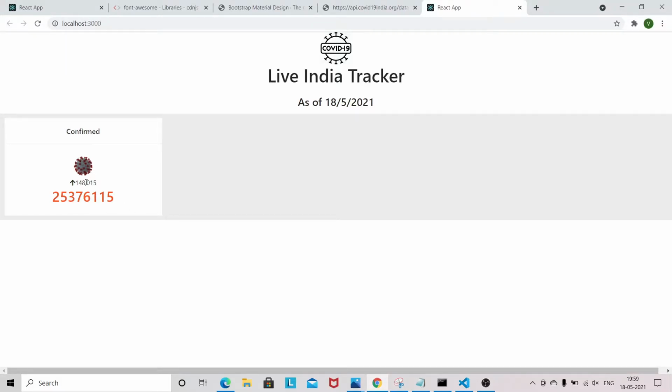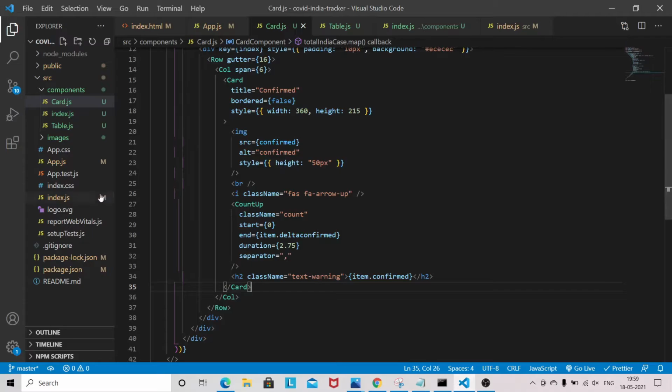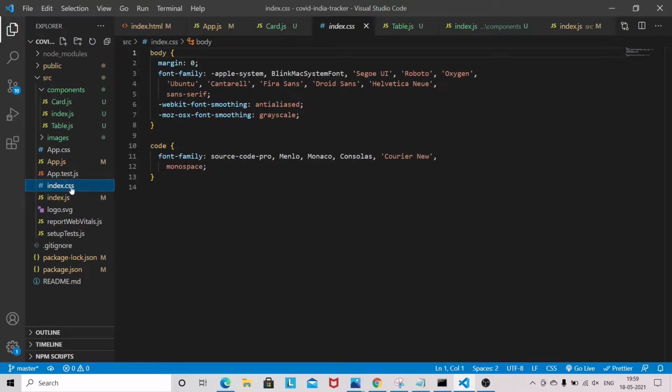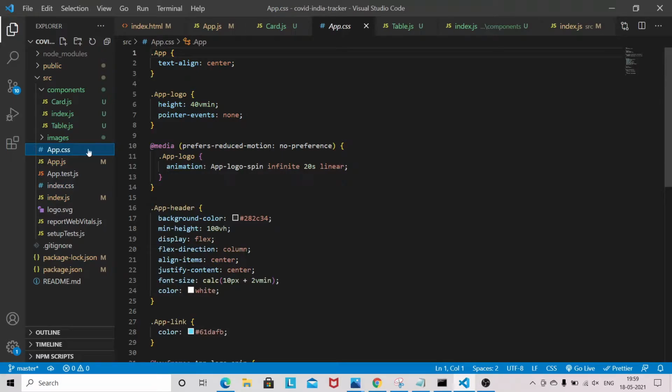Okay, I want to increase the text here. To increase the text, we need to basically do some styling. So I will come here, index.css. Either you can do it here also.